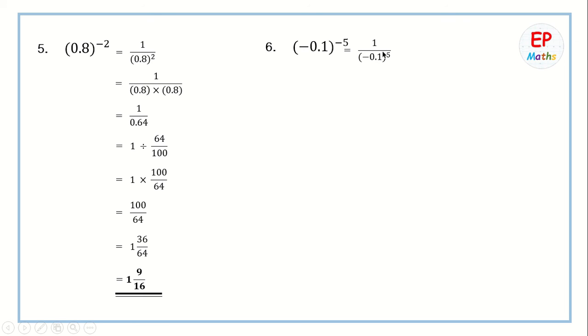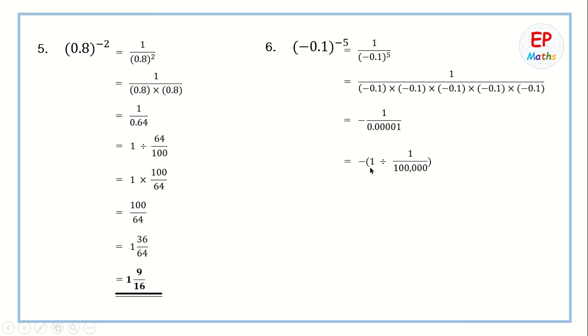This will be 1 out of negative 0.1 to the power of 5, and this will be 1 out of negative 0.1 times negative 0.1 times negative 0.1 times negative 0.1 times negative 0.1, and this will be negative 1 out of 0.00001, and then we get negative 1 divided by 1 out of 100,000, such that we get negative 1 times